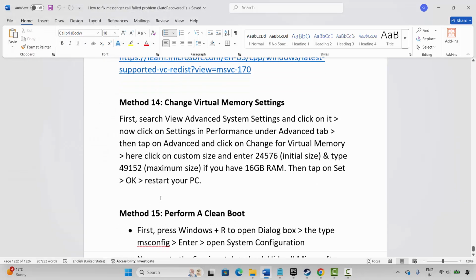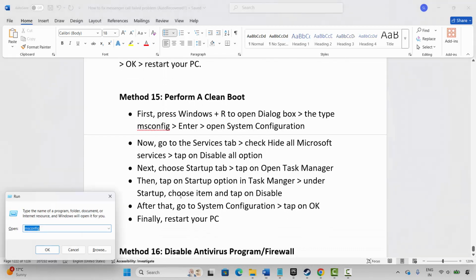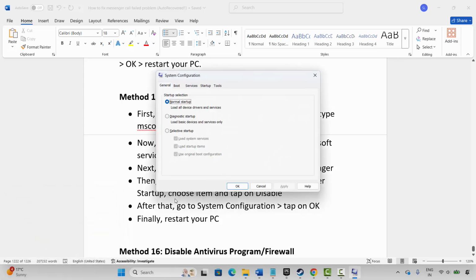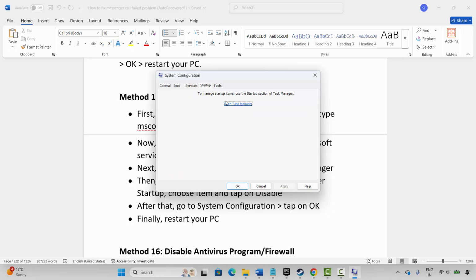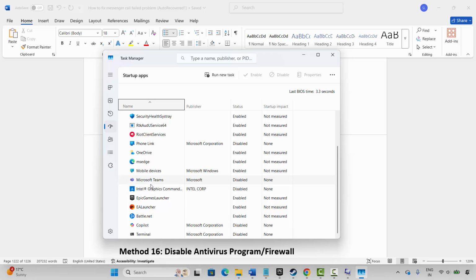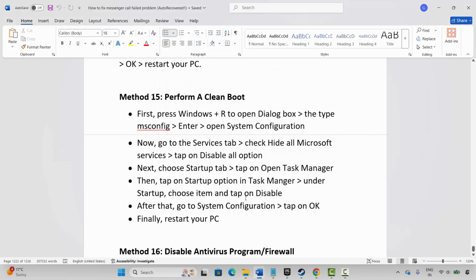If not, next method is to perform a clean boot. For that, press Windows plus R, type msconfig and press OK. This will open the system configuration page. Here you have to click on Services, select Hide all Microsoft services, and click on Disable all. After that, go to the Startup tab and click on Open Task Manager. Here also you have to do the same thing. Select the application and click on Disable. After that, go back, click on OK, and restart your PC